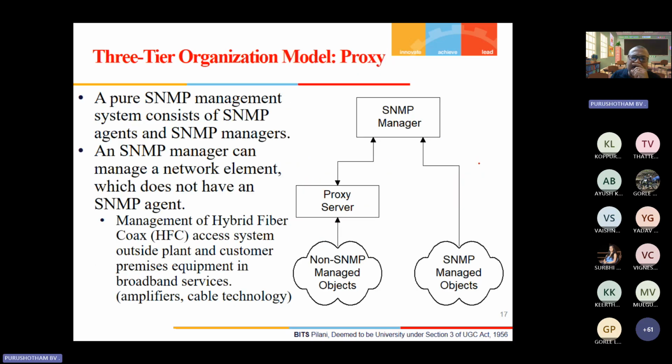We also use a proxy. Why do we use a proxy? Suppose all of them are OSI reference model related networks, then the protocols, etc. are homogeneous. If you use another network standard, then it becomes heterogeneous. In such cases, what we do is use a proxy, which is going to convert that format to the requisite format. That's why proxy servers are going to be used.